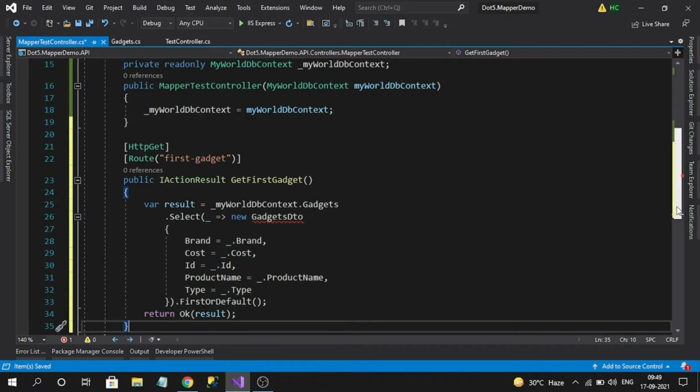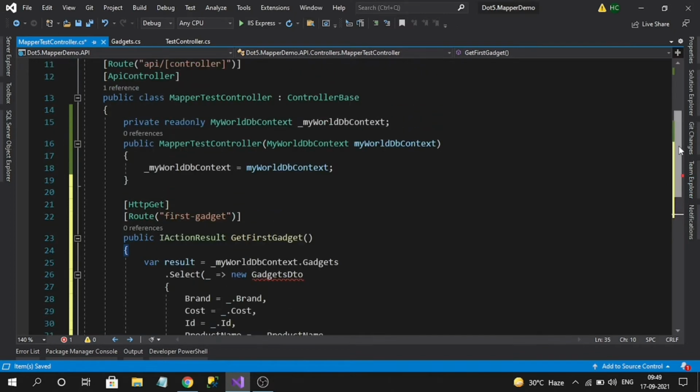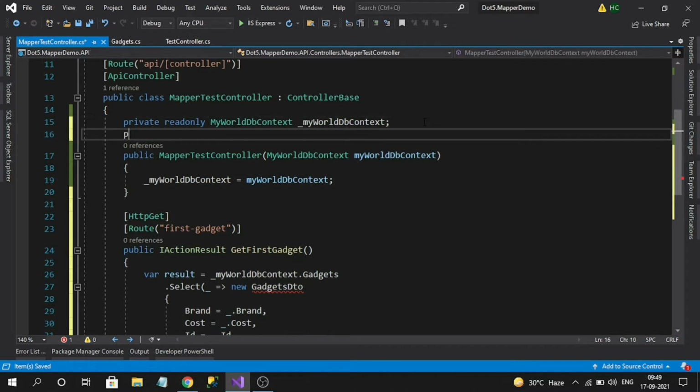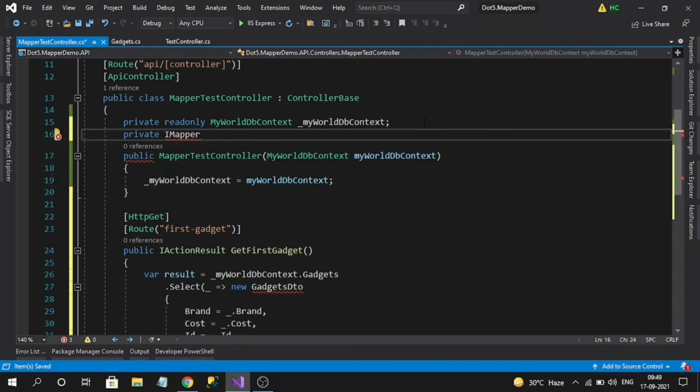So we need to change this to AutoMapper code. To use AutoMapper, we have an interface like IMapper, which we can inject anywhere in our application. So let me inject the IMapper that loads from the AutoMapper. So this IMapper can read the configurations from the profile.